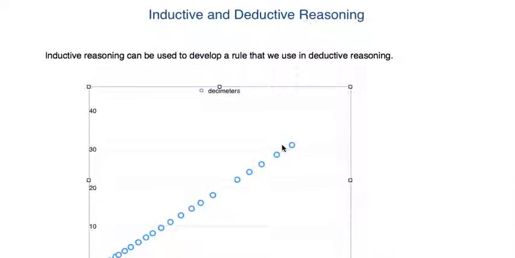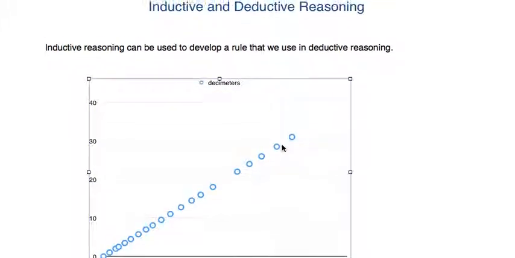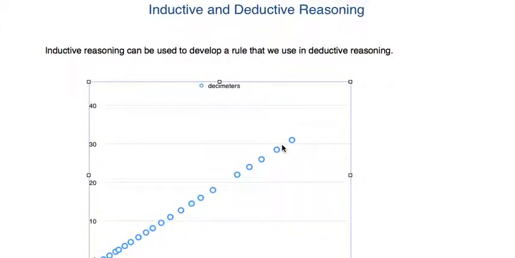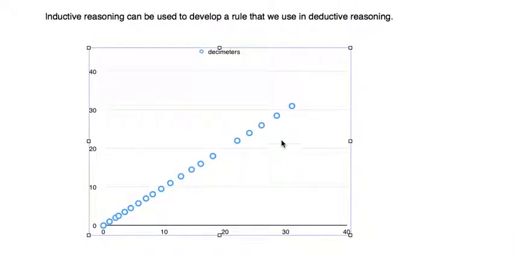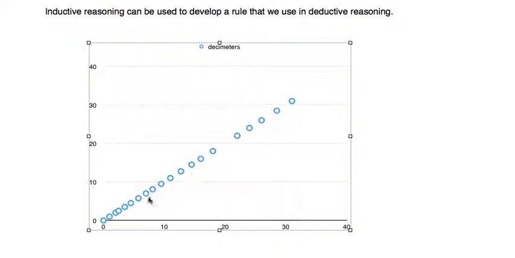Now, here's the curious thing: inductive and deductive reasoning can be used together. Inductive reasoning can be used to develop a rule. So here's some data I collected, and look at that nice line that falls in. And what I suspect is that there is a rule in here. And if I could